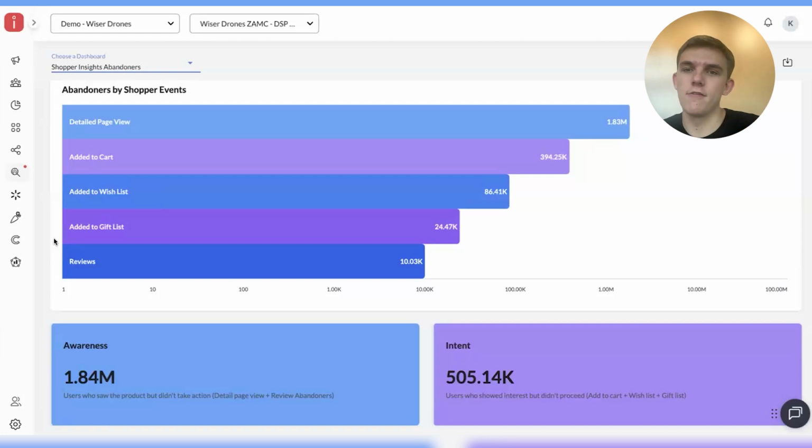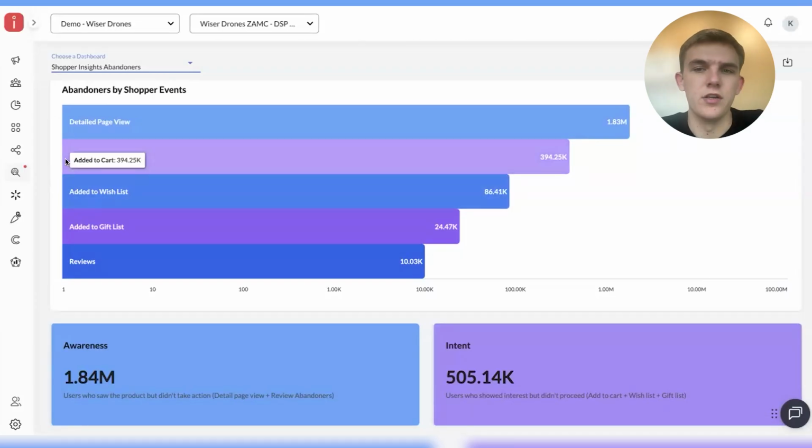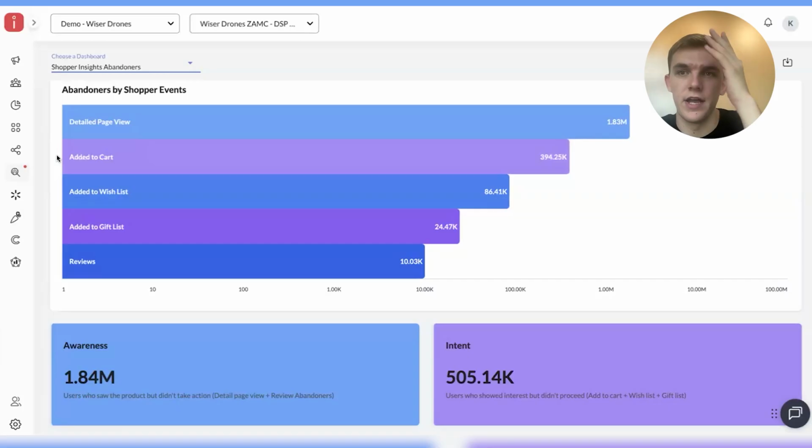And then I can take an action off of that to create an audience of those user segments to go and then target them through DSP, sponsored product, bid boosting, right? So if I notice that I have a lot of users falling off after an add to cart, well, this is probably a really high intent segment for me to go in and target within my ad campaigns with an